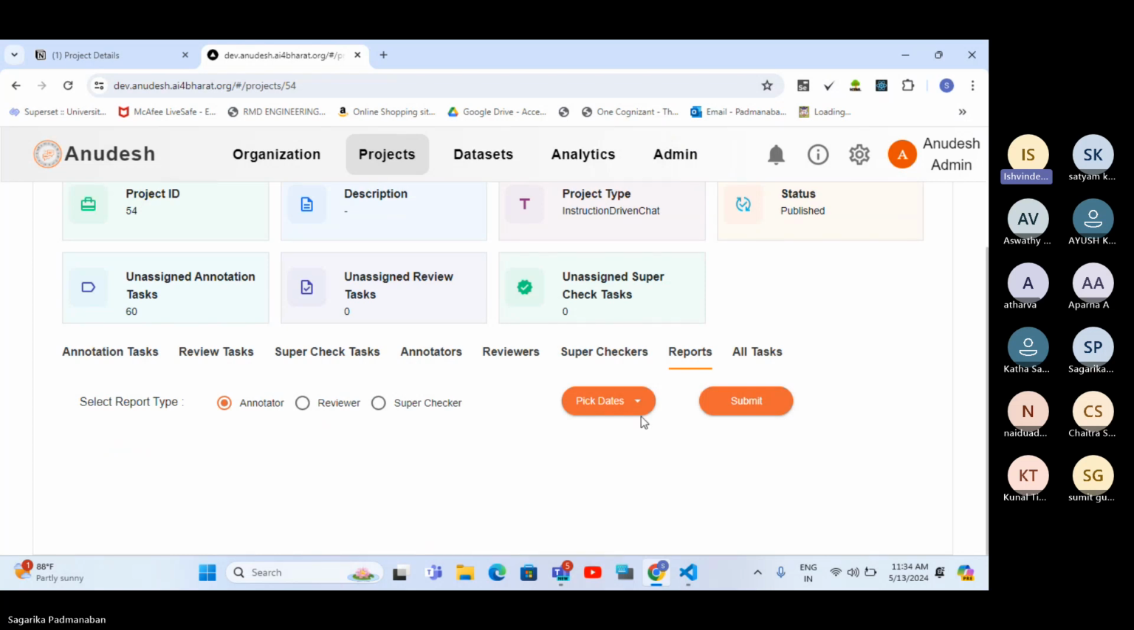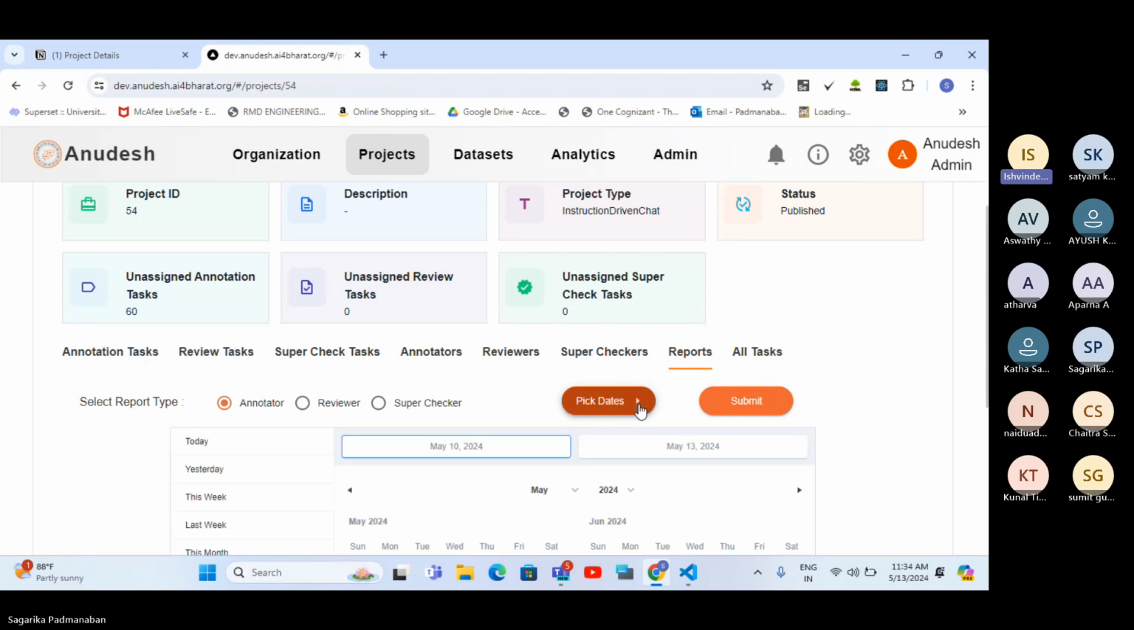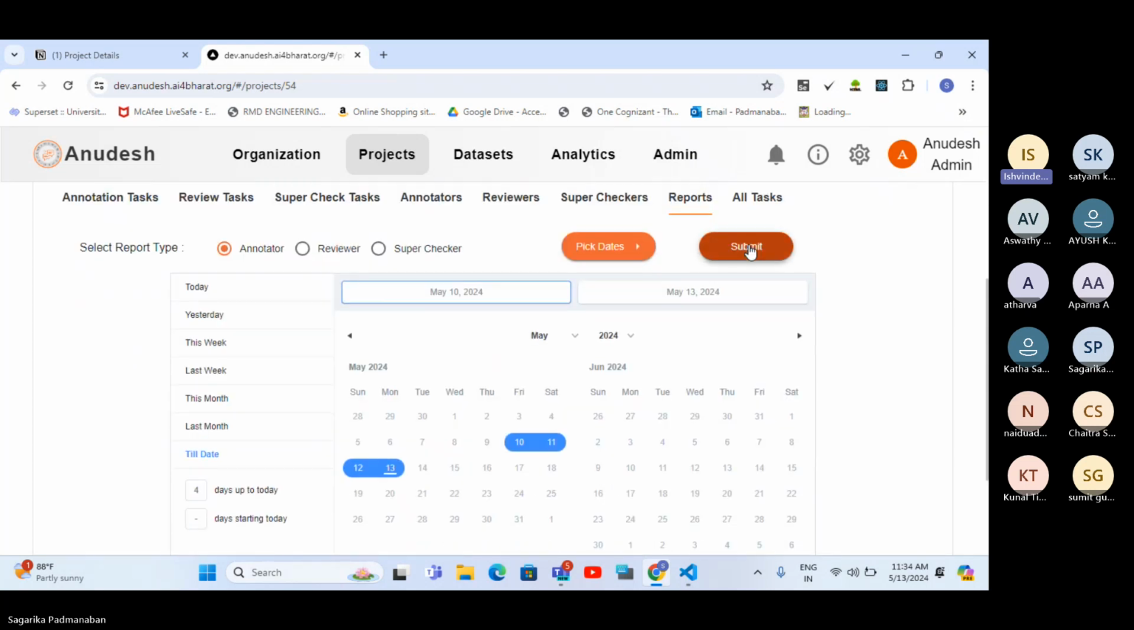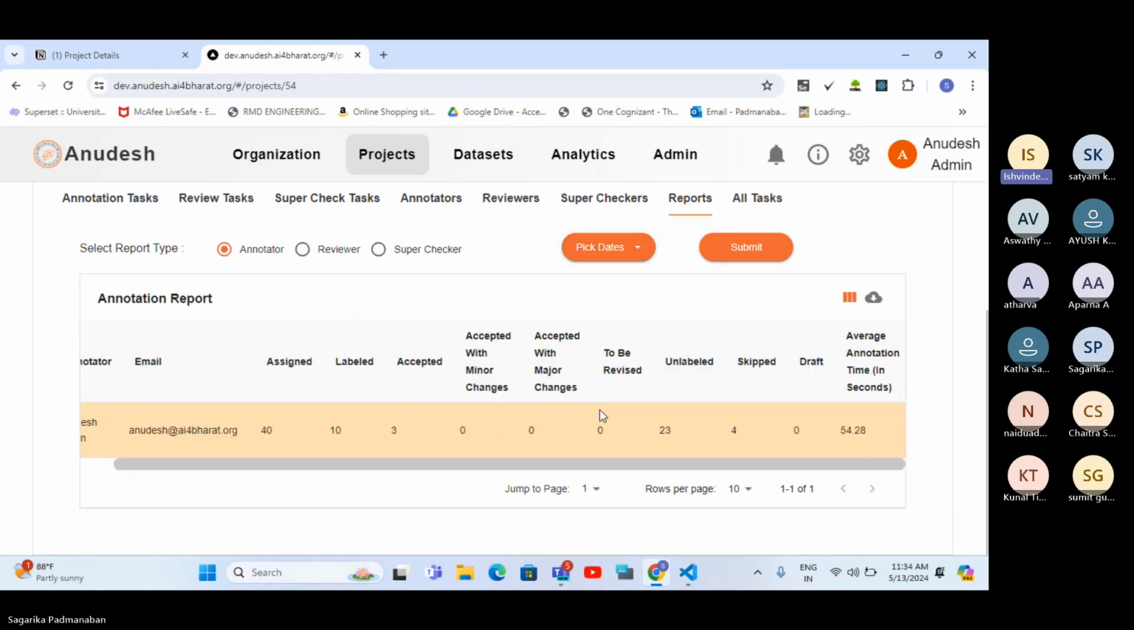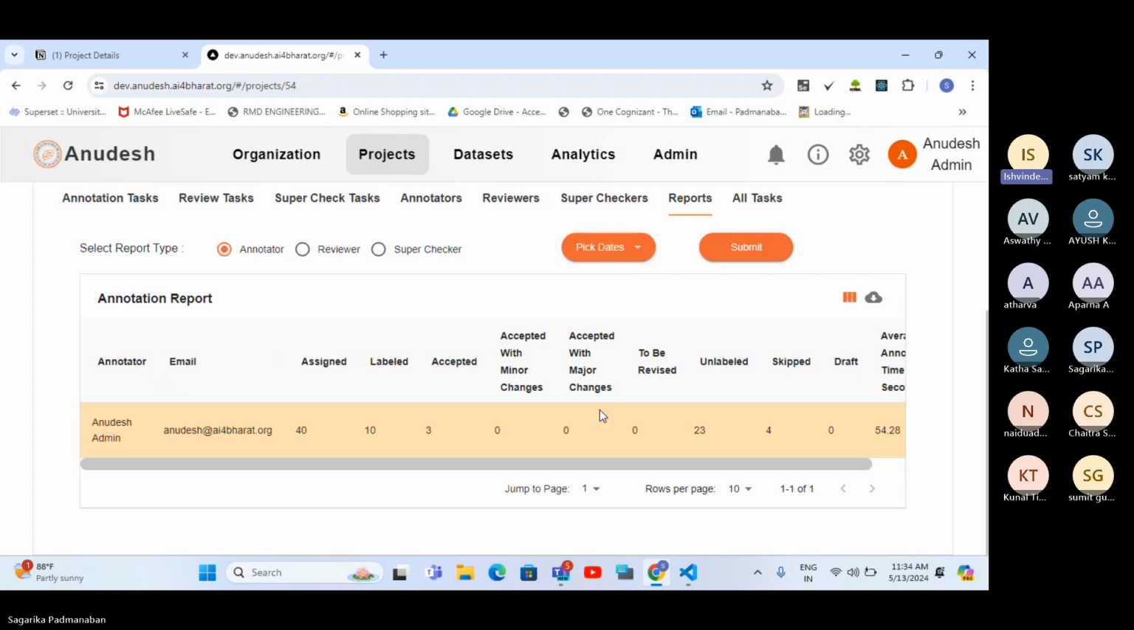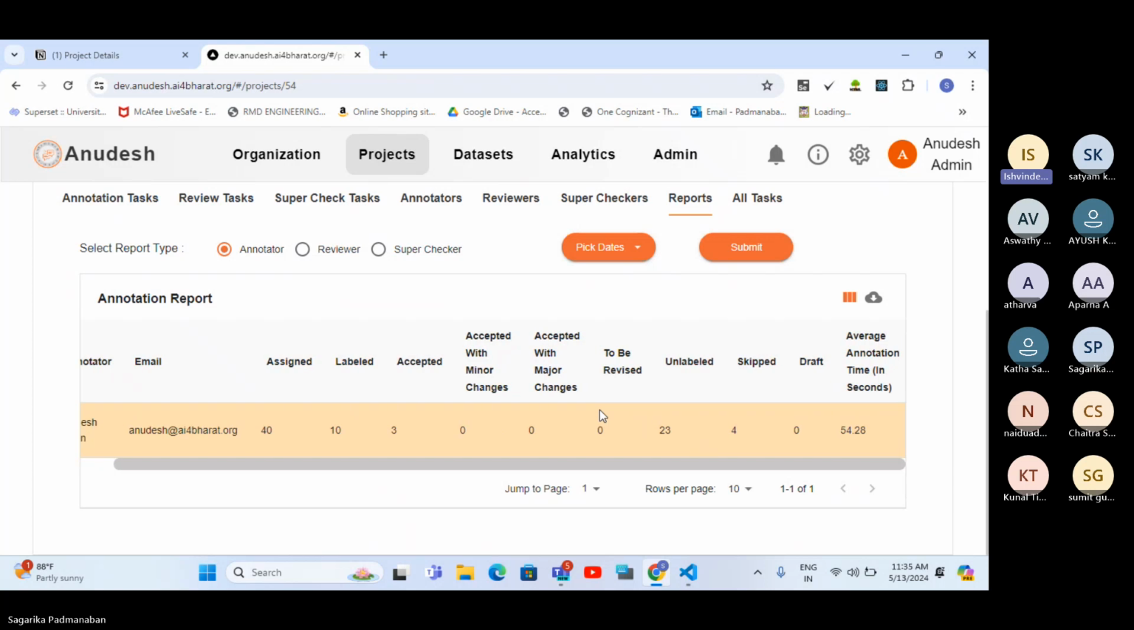If you're added as an annotator, then only you can click on submit, or pick dates. Let's say you want to track progress of a particular day, or a particular week in the past. Then you can just click on this submit. You will get a complete sense of how much average time you took for each task, how many tasks are currently unlabeled and assigned to you, how many tasks are skipped by you,